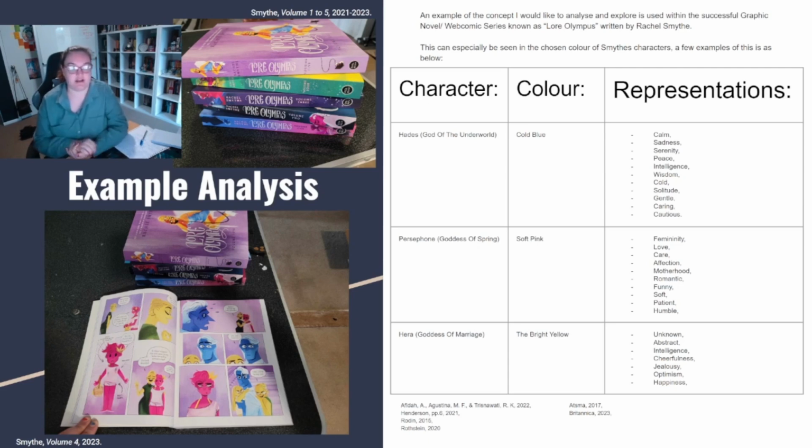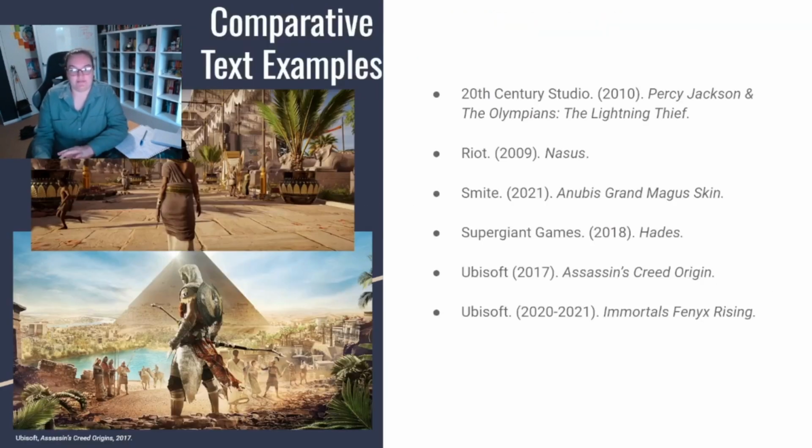Now, to break the stereotype of boys being blue and girls being pink, we also have Hera, the goddess of marriage, who is a bright yellow color, which could represent the unknown, abstract intelligence, cheerfulness, a little bit of jealousy, optimism, and happiness. Now, in saying this, we also have a couple of comparative texts that are doing similar concepts